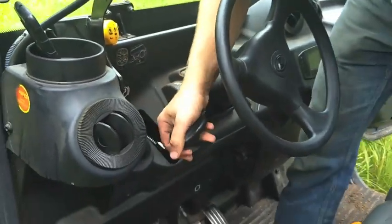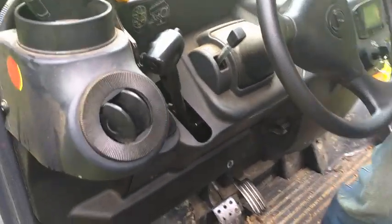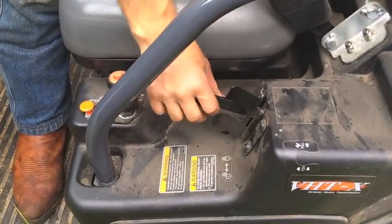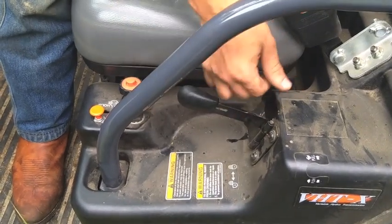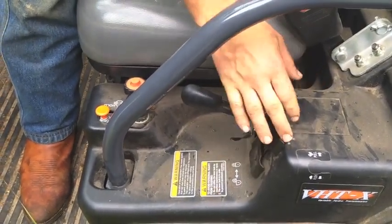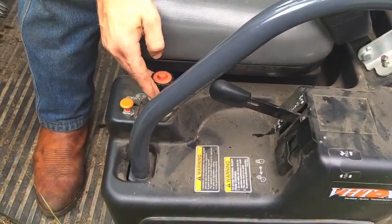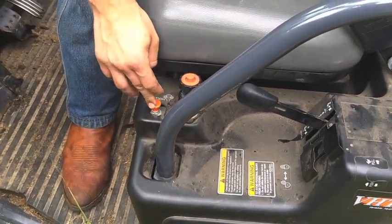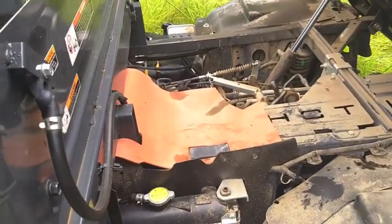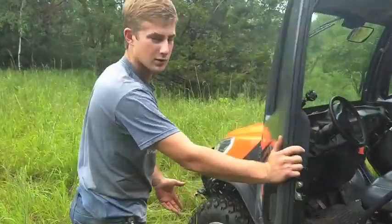It's pretty nice. The parking brake is here. All you have to do is push, pull back, push, and it's released. And then we got our dump lever here. It's got this nice little handy dandy lock feature in here, so you don't bump it. Our older one had a piece you had to slide over and then screw down. This actually is a lot nicer because you can just flip it out of the way. We've got our PTO speed, I believe. Don't quote me on that. And then we got our diff lock. This part here, the diff lock in the transmission, is what broke on our other one. That's why we have this one currently, because Lano was nice enough to bring us out one while ours is